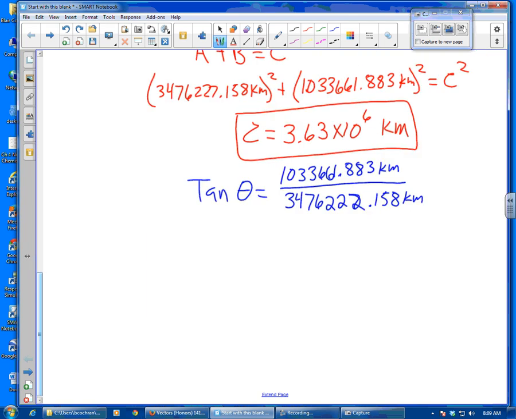And I don't want tan of theta, I want theta, so I'm going to do the inverse, or the arctan of both sides, which will get rid of the tan here and leave me with theta here. And the arctan of this whole mess